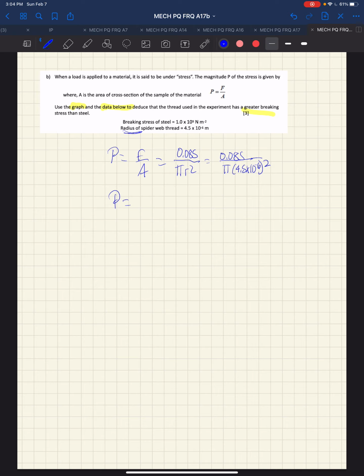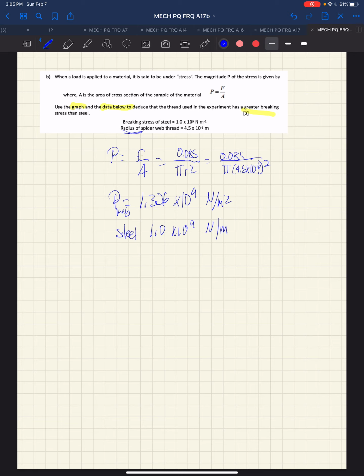That gives us an answer of 1.336 times 10 to the 9th newtons per meter squared. Whereas steel, so this is the web, and steel is 1.0 times 10 to the 9th